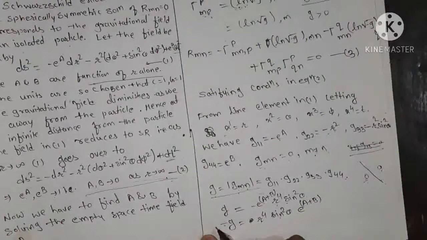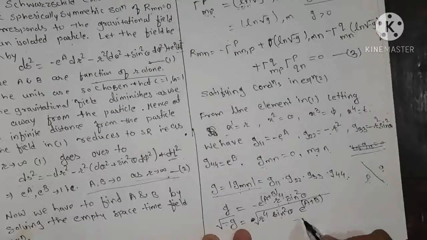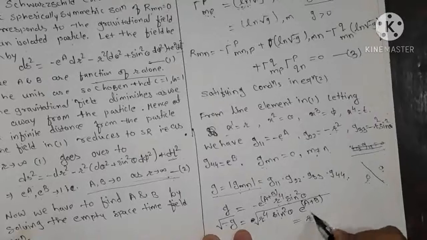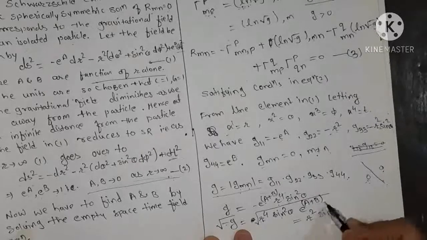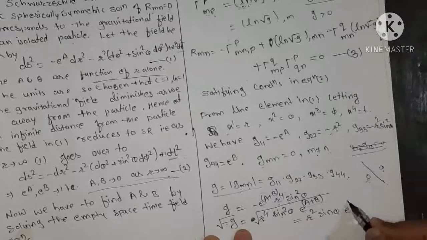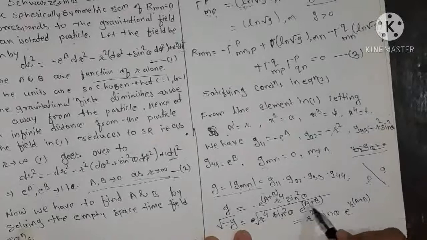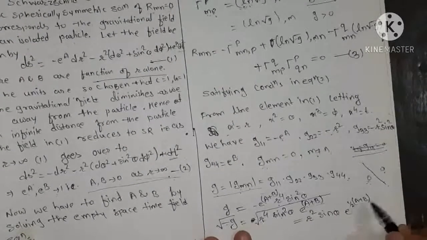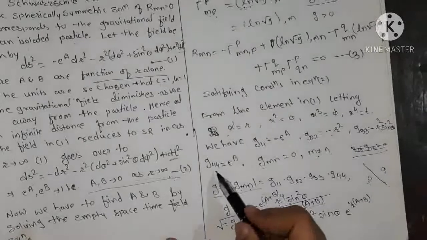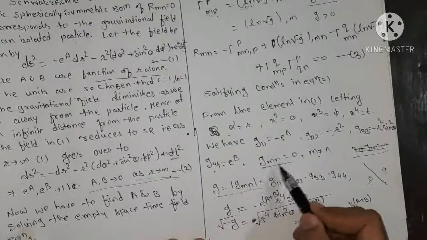And now if we take the under root of this, the under root of r to the power 4 is r square, sine square theta is sine theta, and the under root of the exponential is nothing but e to the power half of a plus b, because (a plus b) to the power half is there, so we write this as (a plus b) into half. G with lower suffix mn is our metric tensor.